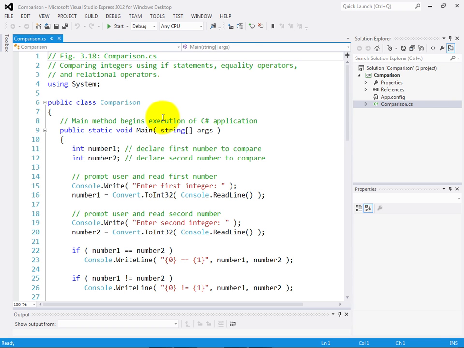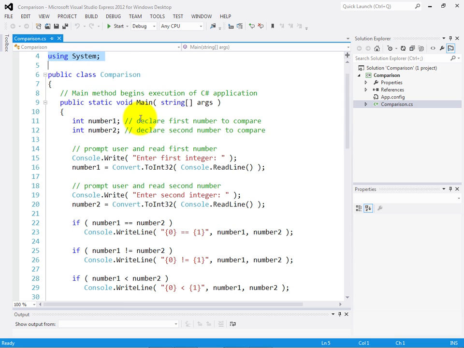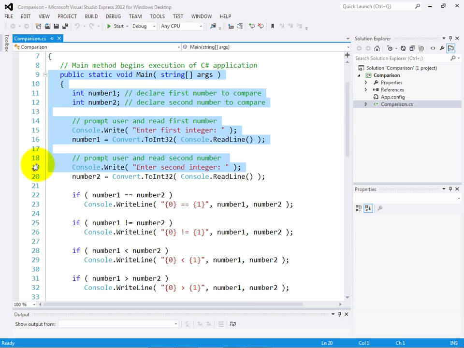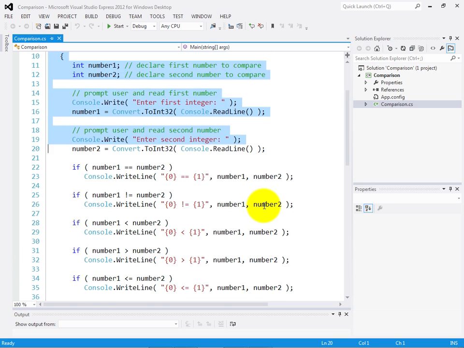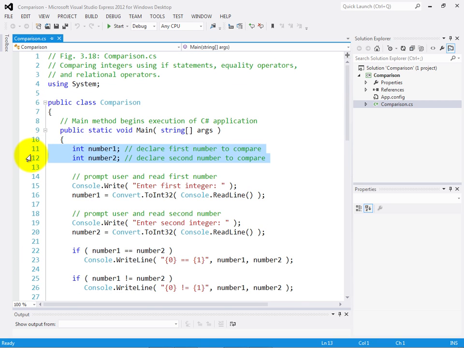And for this program, for those of you coming from other C-based languages, a lot of what you're about to see is very similar to those other languages. So once again, we've included the using System directive here because we're taking advantage of the Console class and the Convert class. In our class called Comparison, we have just a big Main method that's going to do all the work of this program. And the first thing we do in Main is declare a couple of int variables, number1